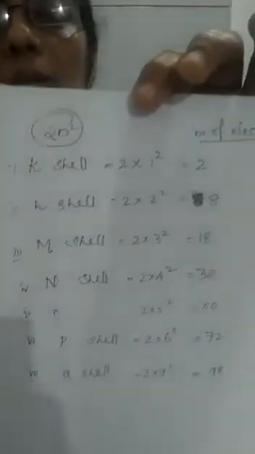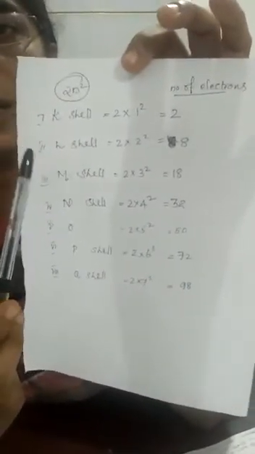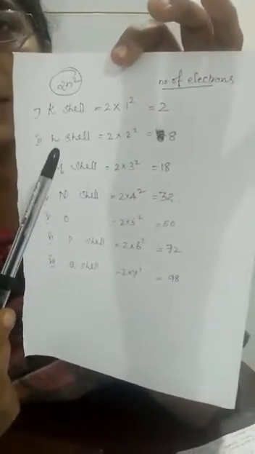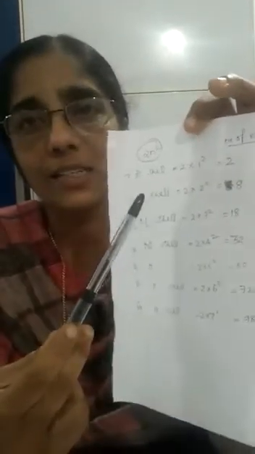Yes, right. Now, today we can see the maximum number of electrons in each shell. There is a formula for finding out the maximum number of electrons, that is 2n square. You see this table. For the first shell, that is K shell, the number of electrons is given by 2n square. For the first shell, put 1 for n, that is 2 into 1 square, that is 2.